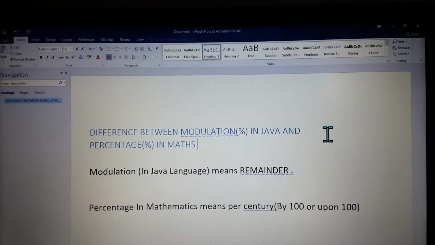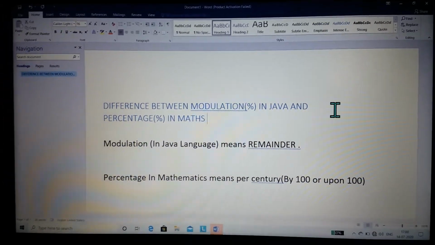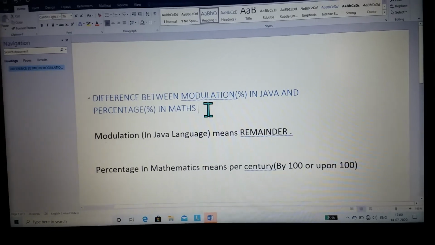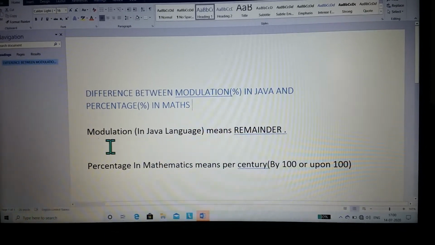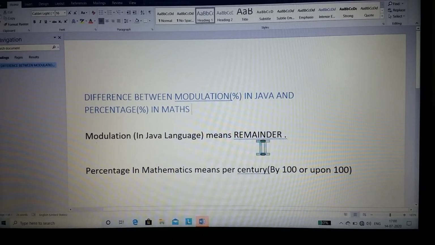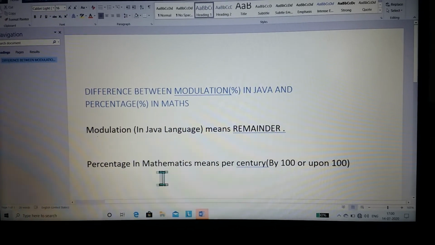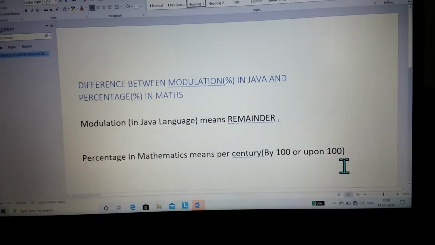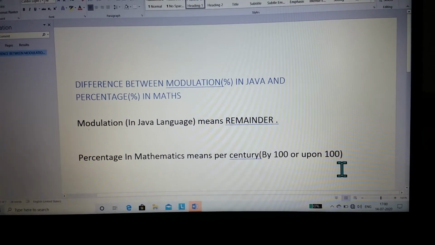As I have told you, I will also show you the difference between modulation in Java and percentage in maths. So here is the difference. Modulation in Java language means remainder and percentage in mathematics means per cent, by 100 or upon 100. Now let's see some more examples.